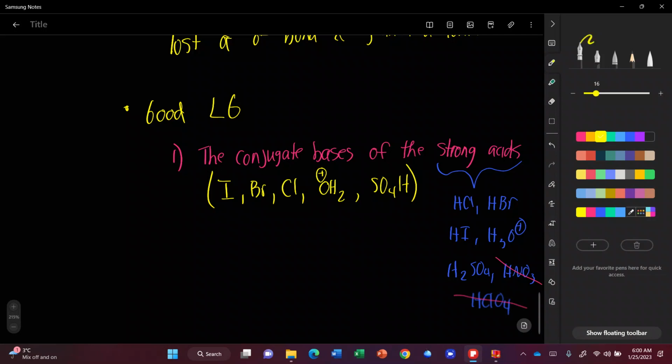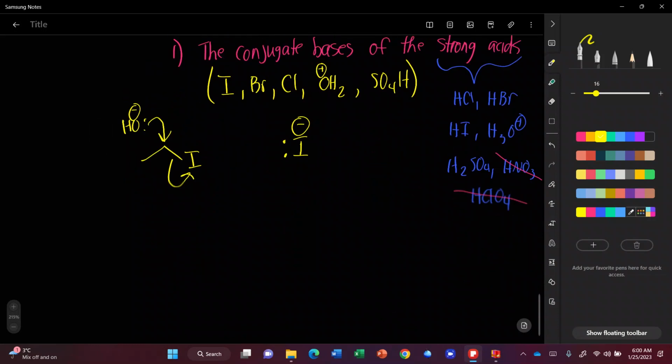And if it confuses you why that makes something a good leaving group, right? So remember, if I have an SN2 reaction, I can draw that attacking into that sigma star orbital, and then that leaving group leaving. When the leaving group leaves, I get I minus. And if it confuses you why or how you would know that I minus is stable, well, if you know that HI is a strong acid, the definition of a strong acid is something that will just immediately ionize in solution to form H plus